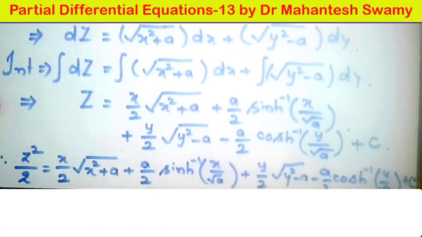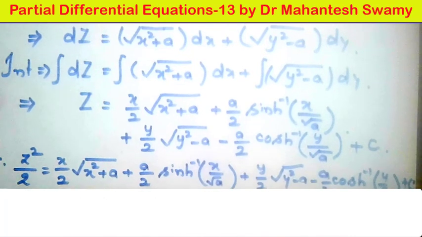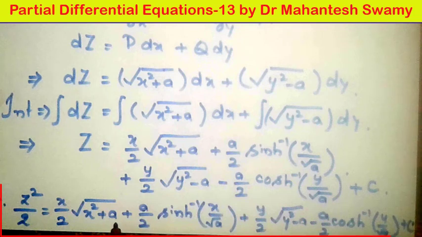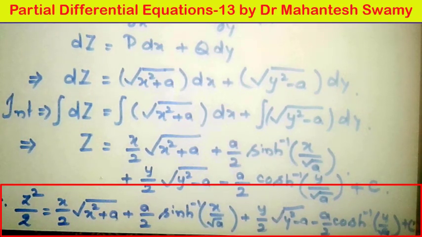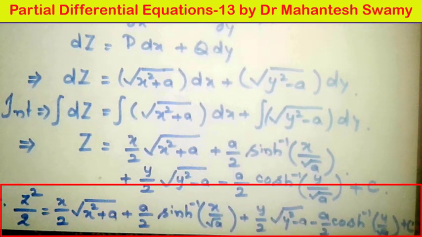So this is the required general complete integral of the given partial differential equation, because it is containing two arbitrary constants. One is a and another one is c, which is at the end. So the value of the dependent variable z can be very easily obtained from this, and I can stop at this moment, saying that this is the required complete integral of the given partial differential equation, which is a non-linear first order PDE belonging to type number 3. So I hope this is enough for this category of partial differential equations. So with this I conclude type number 3 partial differential equations.